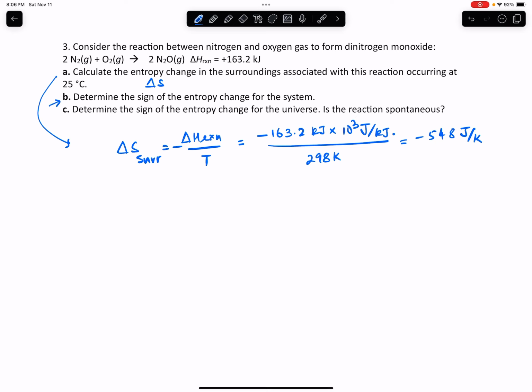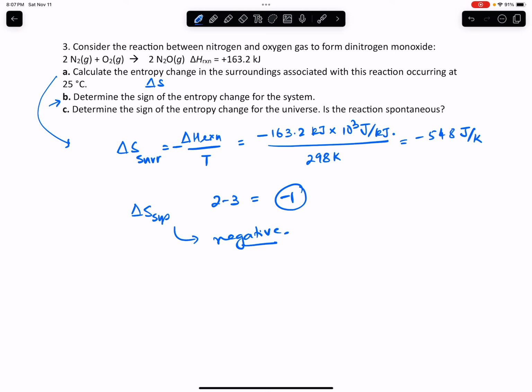Now the second part of the question asks us to determine the sign of the entropy change for the system. So the system is essentially the reaction. The sign of the entropy change for the system is going to be dictated by the change in the number of moles as you go from reactants to products. In products we have 2 moles, reactants we have 2 plus 1, so that's 3 moles. So the change in the number of moles is 2 minus 3, which is negative 1, and since the sign is negative, that means delta S of the system should also be